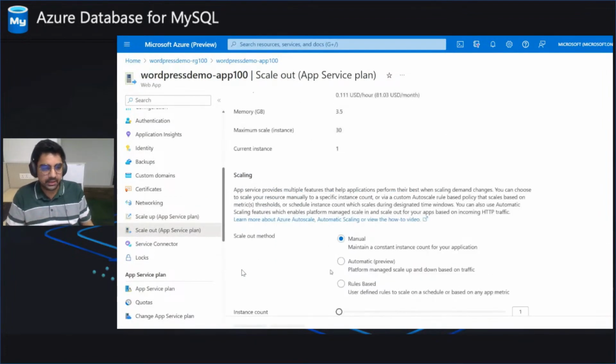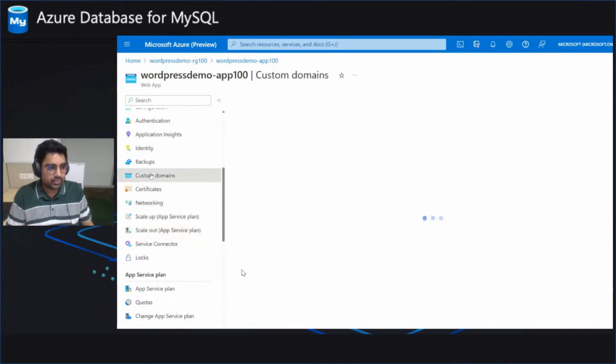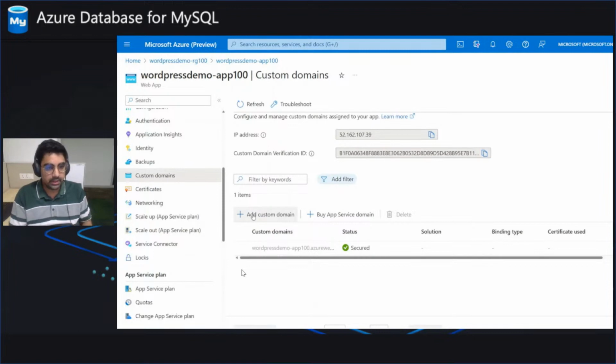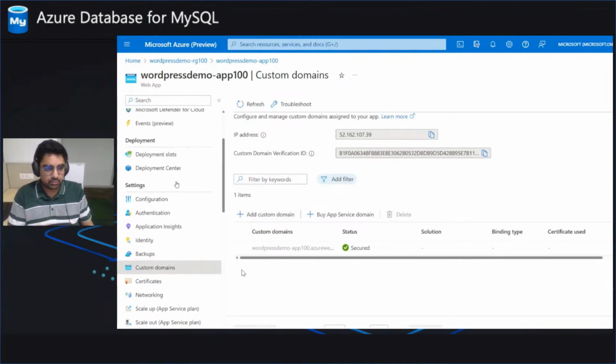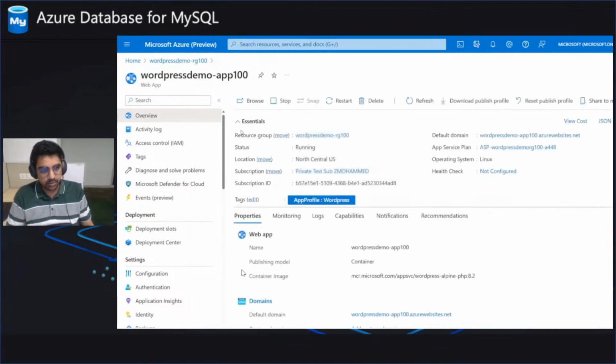will upgrade it easily. Then you also have scale out, which is similar to horizontal scaling, where you can add more and more instances to your app, right? And if you have any custom domains, you can add it from here, right? You can just add the custom domain and verify it. And then going back,